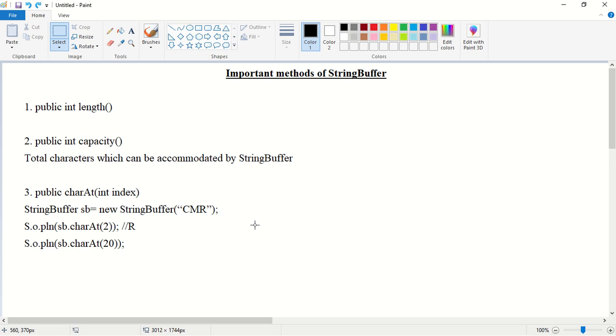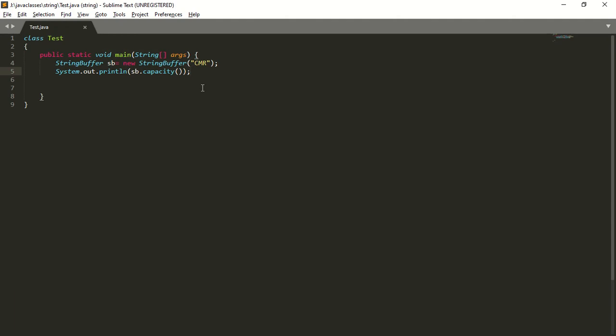No, the exception will be StringIndexOutOfBoundsException itself. It is going to raise a runtime exception saying StringIndexOutOfBoundsException. So we will see this. I will create StringBuffer sb = new StringBuffer("cmr").